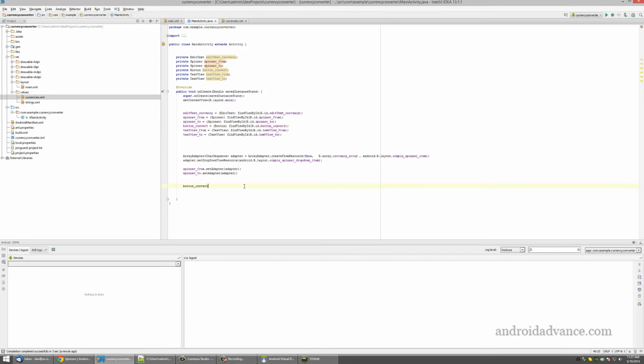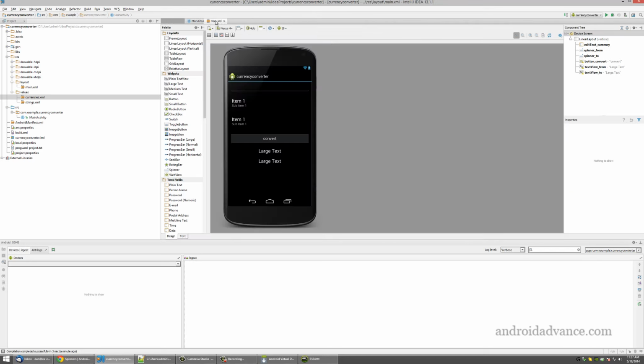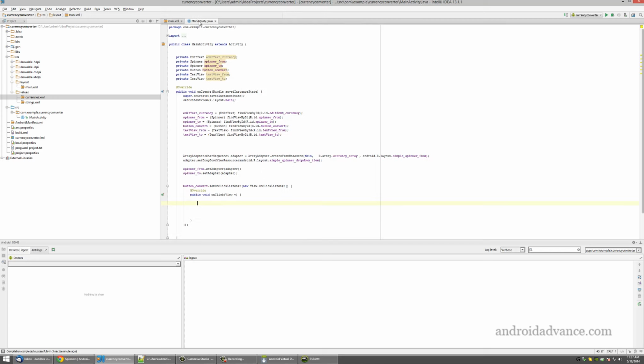Alright, so next thing we do, let's write the pattern. Set on click listener, new, control space, enter, and let's get the value from the text and the value from spinners. So the value from edit text will be a double, currency from value, double value of